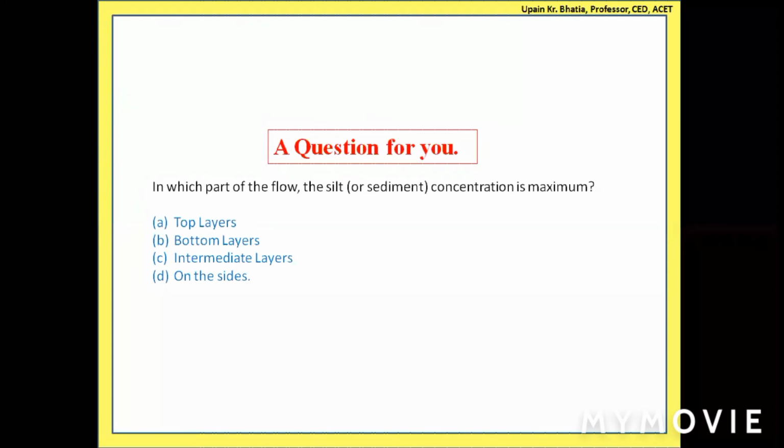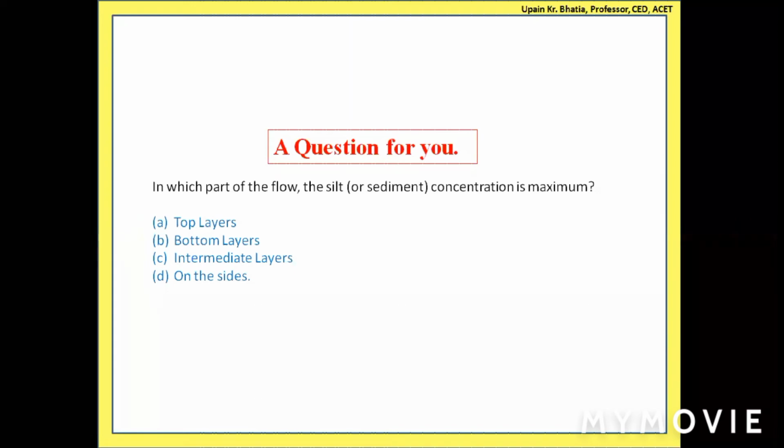Top layer, sir. Bottom layer, sir. Top layer. Bottom layer. Okay. Anyone who says top layer, intermediate layers? I have got the two answers, top layer as well as the bottom layers. Anyone who says intermediate layers? Silt does not stay at the bottom. Bottom layer, sir. Okay. Now